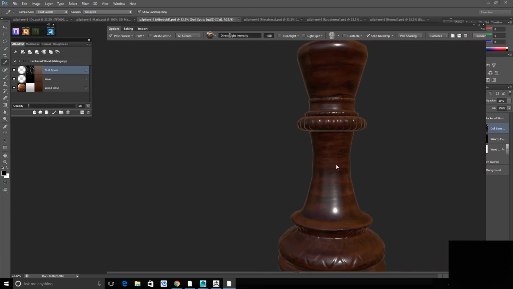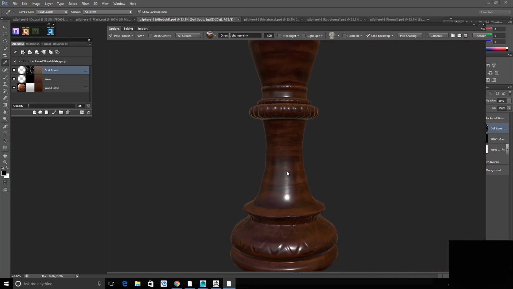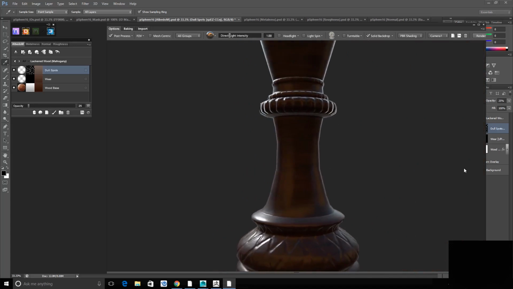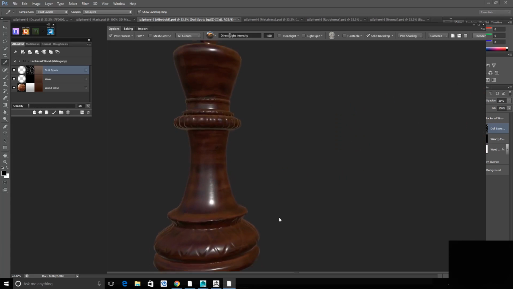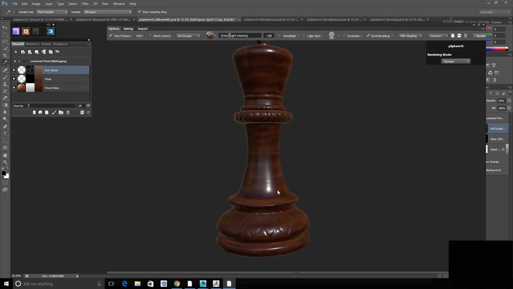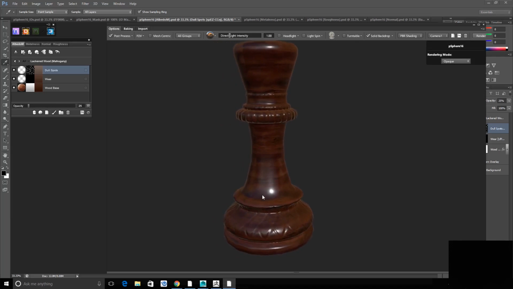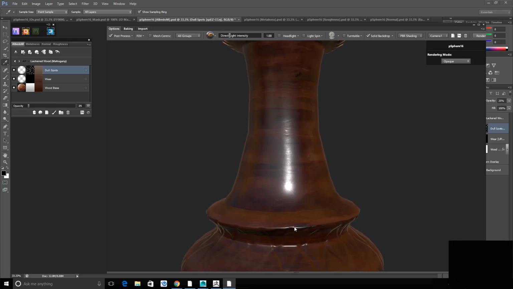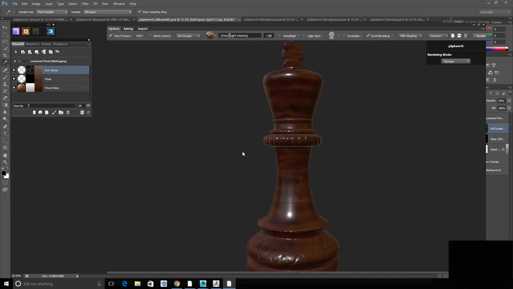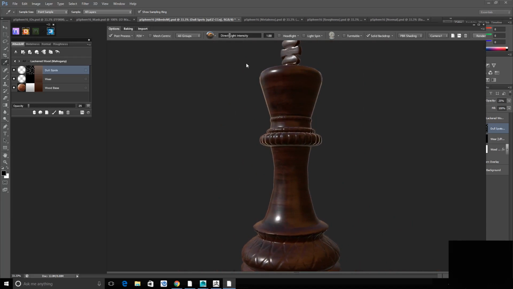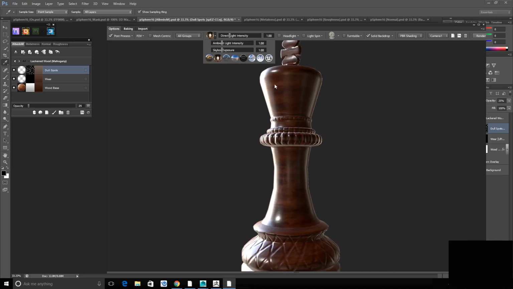Now that was simple, wasn't it? Here we have a smart material in action. So you can see now how it reacts